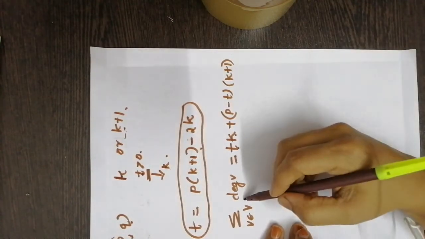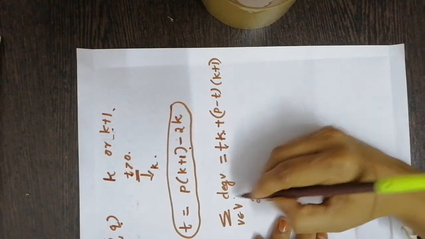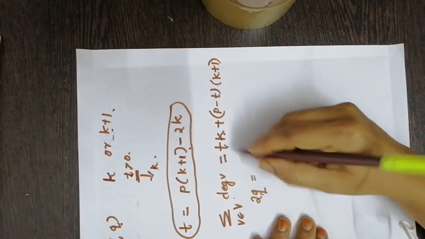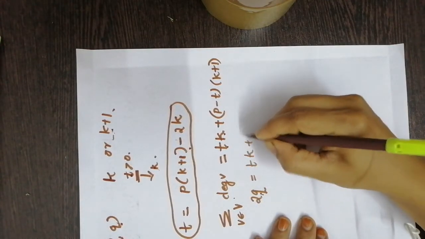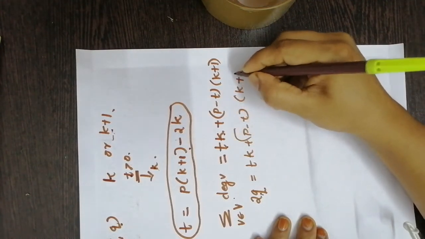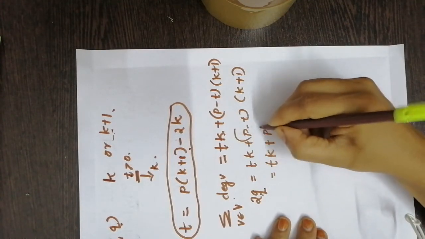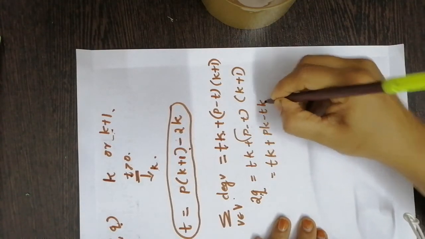This is the same as 2q, which equals tk plus (p minus t) times (k plus 1), which equals tk plus pk minus tk